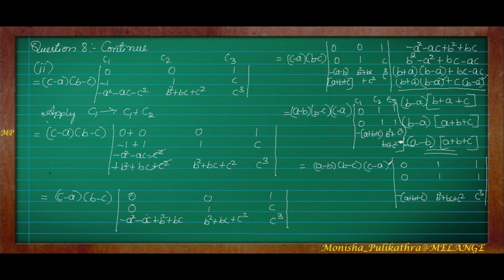So when we take the determinant, here 0 is there. 0 into anything is 0 itself. So what will happen? A minus B, B minus C, and C minus A. If I expand the determinant, this column and this row will get cancelled. The remaining will be 0 into these four things, 1, 1, B square plus BC plus C square, and here C cube. But 0 into anything is 0, so these things get cancelled. The remaining will be A minus B, B minus C, C minus A, whatever you wanted to prove. So write it down, hence proved.